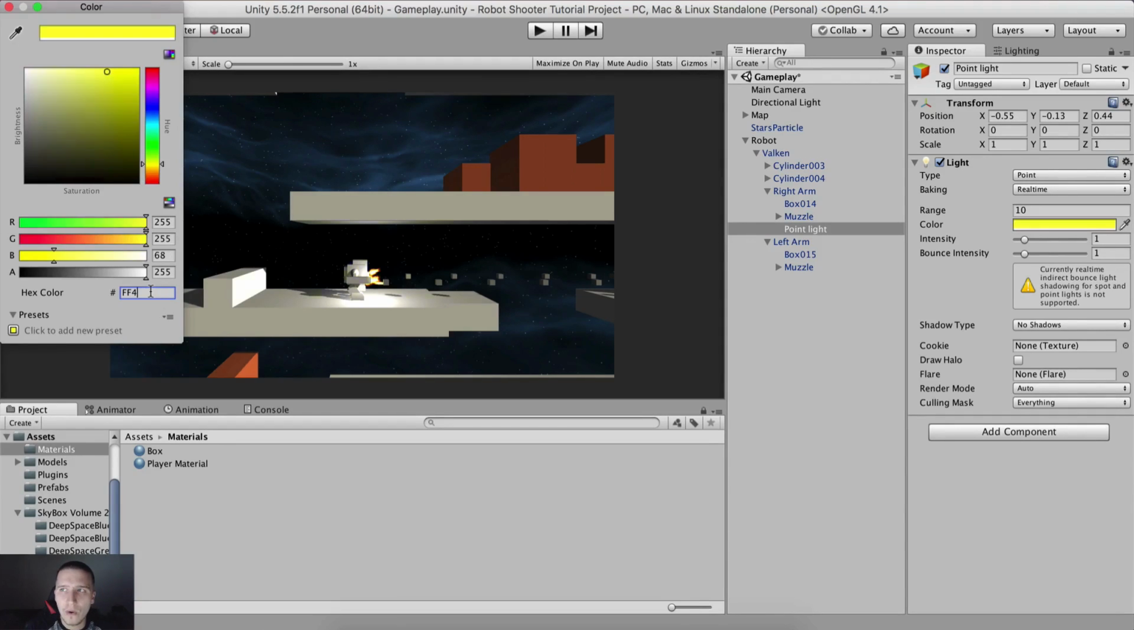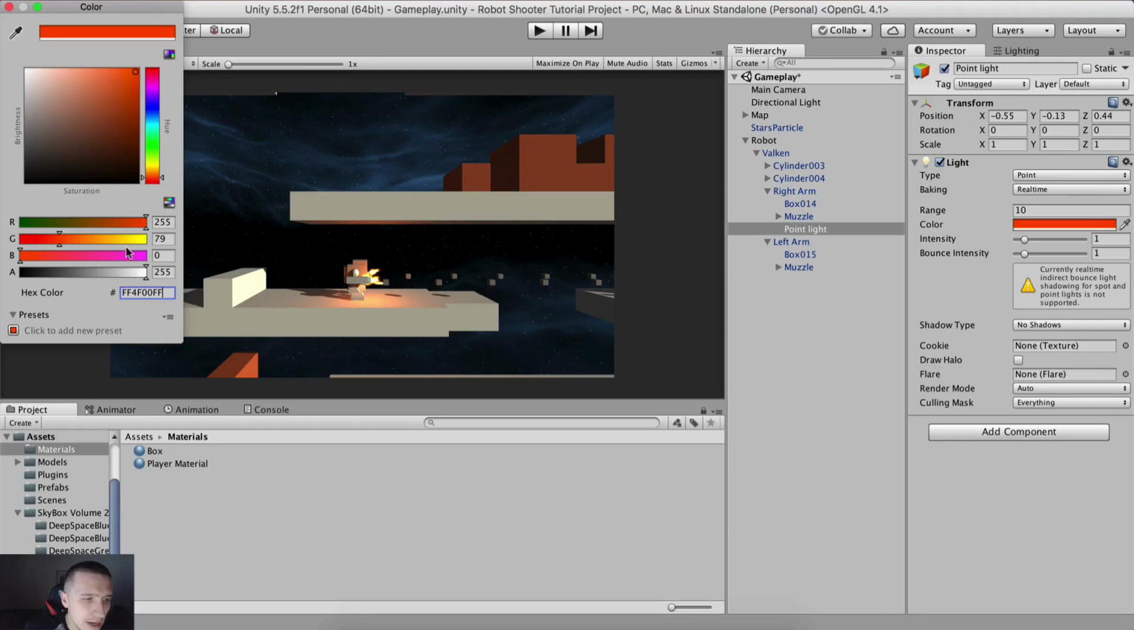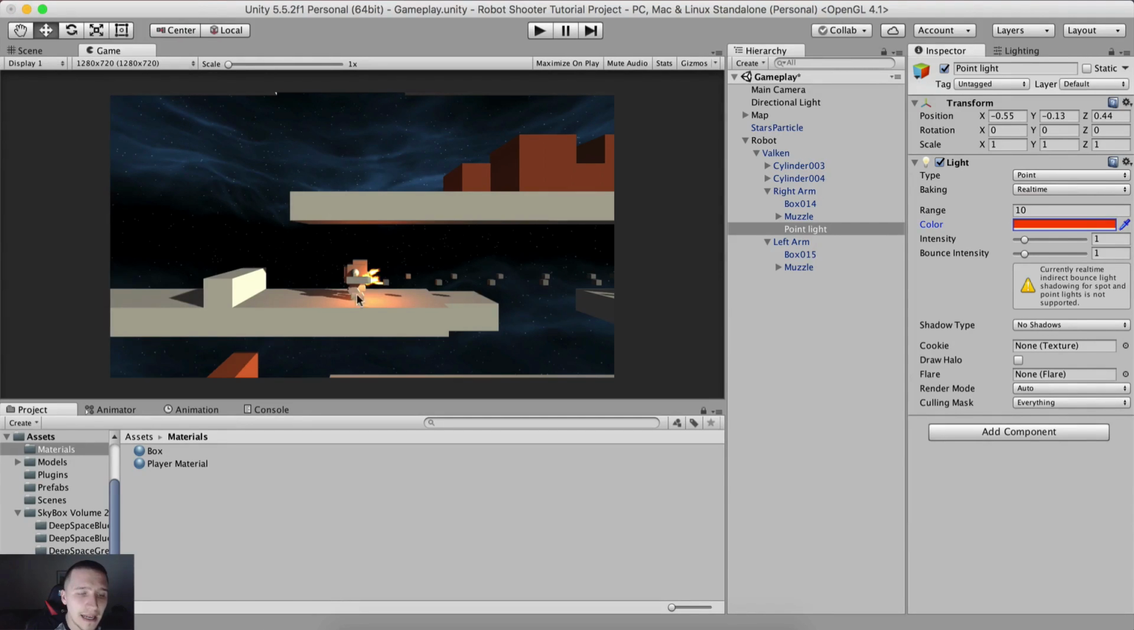FF4F00FF. This is the color that I want. So this one right here, FF4F00FF. Again, you can pause the video in order to set the same color as I did, because we are going to use this to simulate